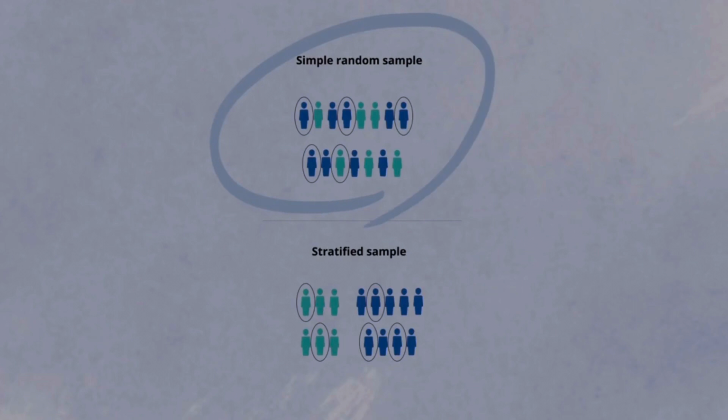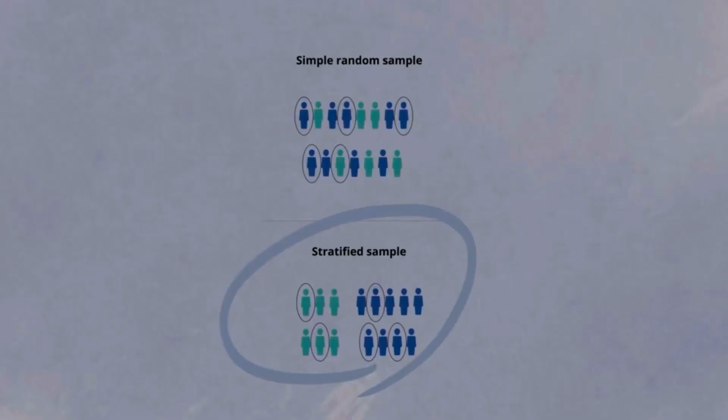Random sampling is simply drawing elements into a sample at random. Random sampling makes sure that your sample is representative of the larger population it was meant to represent. In stratified sampling, the population is divided into strata, and random samples are taken from each stratum.